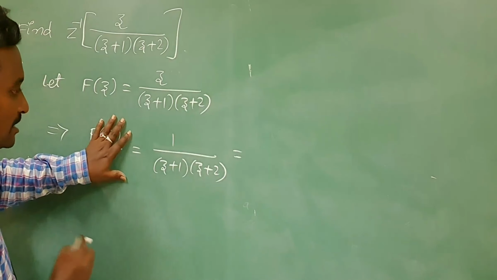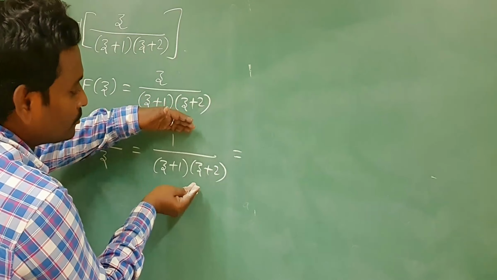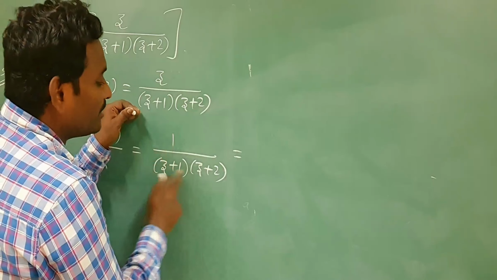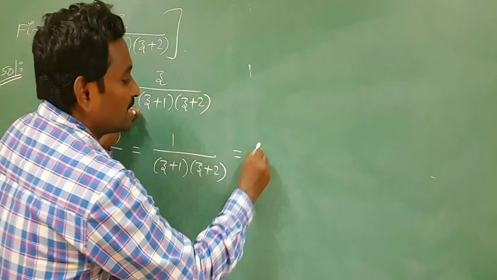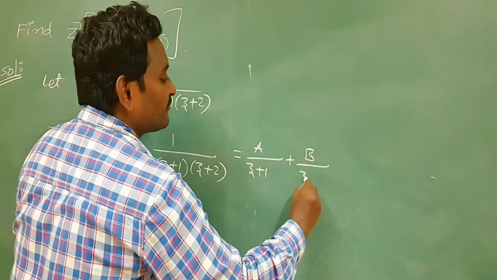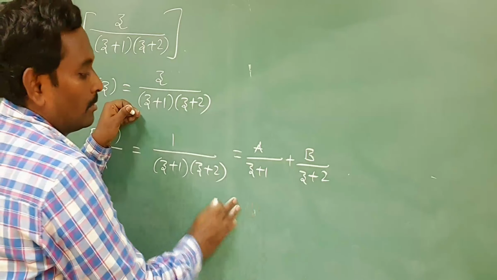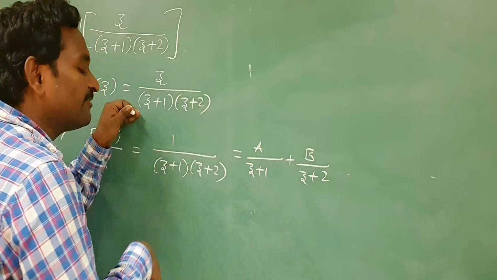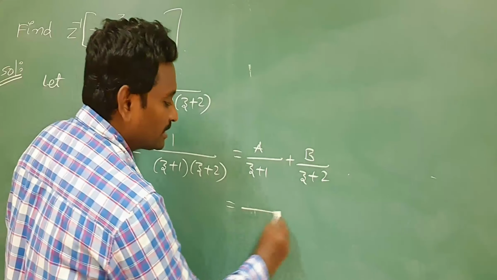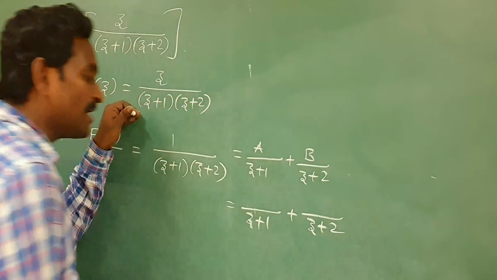Forget about the left part. Just focus on this part. You have to separate this term into partial fractions. The denominator has only linear factors, that's why the partial fractions are a by z plus 1 plus b by the second factor z plus 2. In the previous problem we took the LCM and equated the numerators, the basic method, but here I will give another method, a shortcut method. Directly you will get the a value and b value.